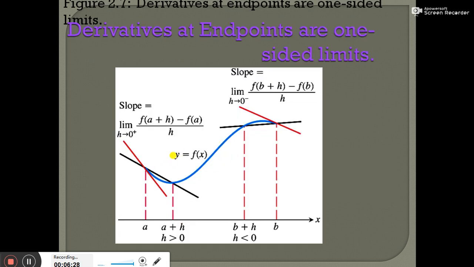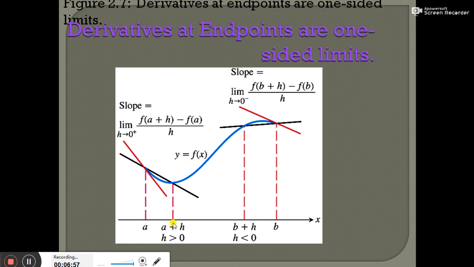And now you have to see the graph for this. y = f(x), that is the curve, any curve, and now the endpoints A and B, endpoints of the interval, and this tangent line, that is the slope of the curve at point A, and here limit h tends to 0 positive, [f(a + h) - f(a)]/h, because we have to move to the right side of this,